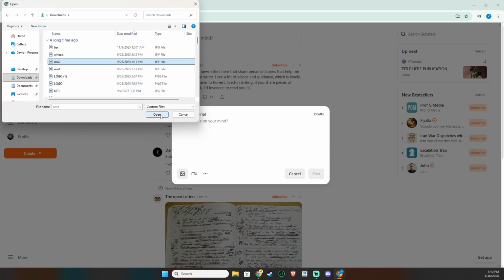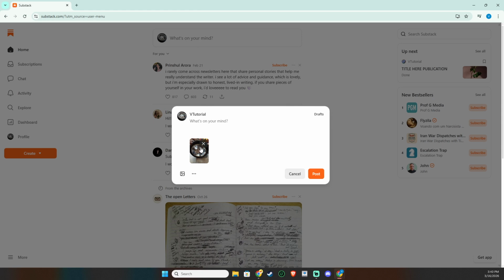When you've highlighted the right file, click Open. Substack will begin uploading the image. Depending on your internet connection and the file size, this might take a moment. You'll see the image appear directly in the editor once the upload finishes, right where your cursor was placed. If it's taking longer than expected, that's usually just the file size at work. Give it a moment to complete.